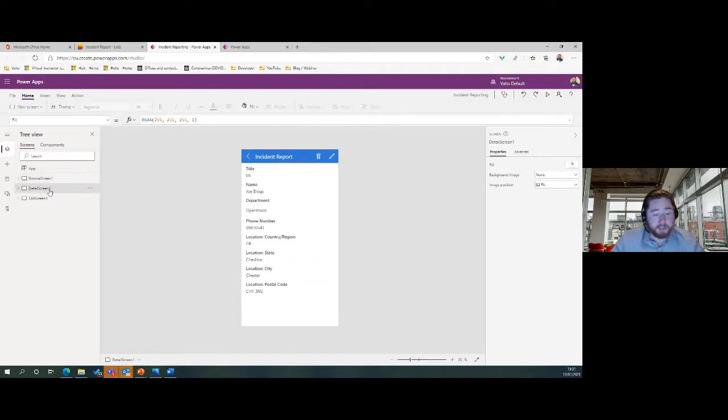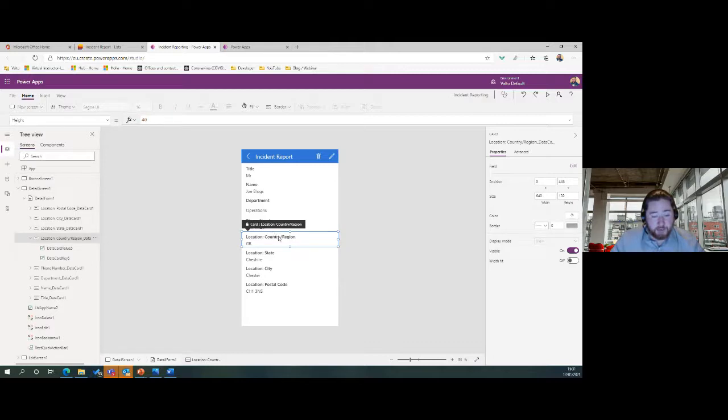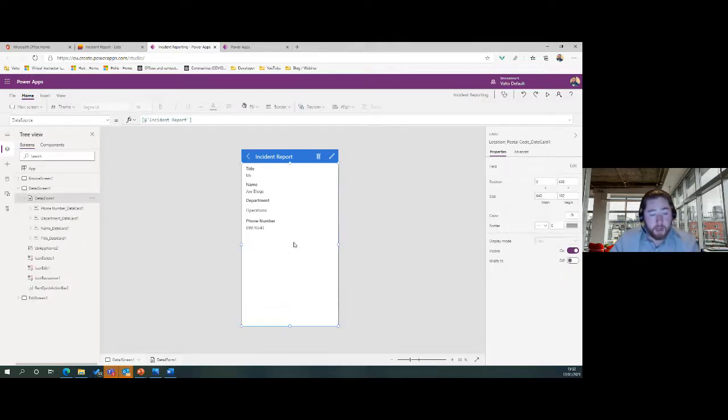The next page is the details screen. So this is the details that we want to see of our individual incident report. Now, in this case, it looks like it's not too far off the general kind of information that I might want to see. I can select individual fields, and I can just click the delete button and delete those if I wanted to. And to add new fields, I can click on the edit fields button on the right hand side, which